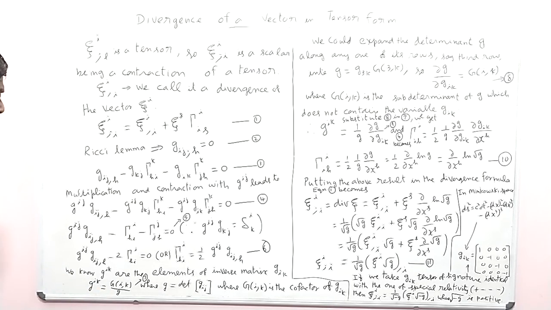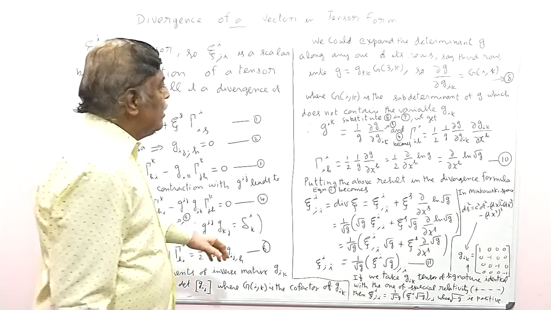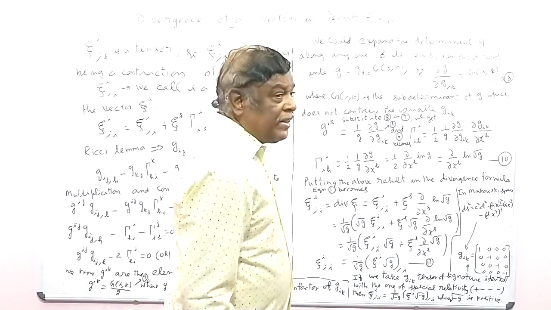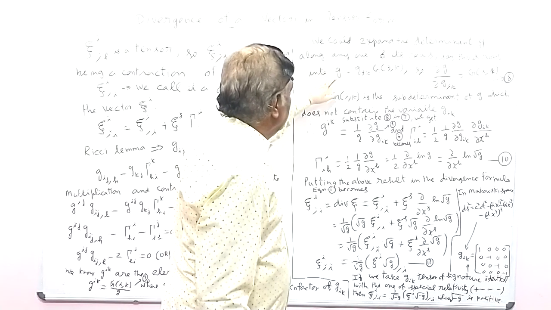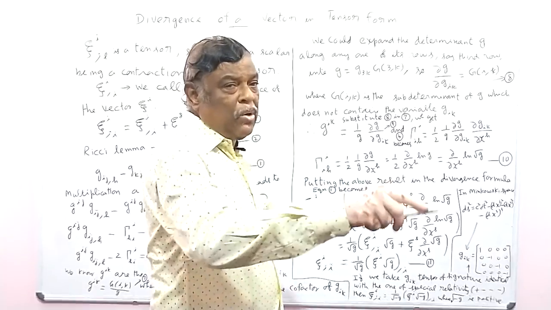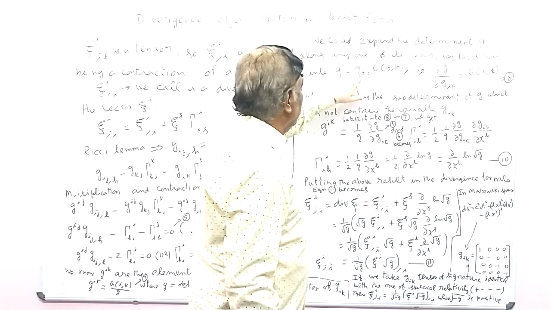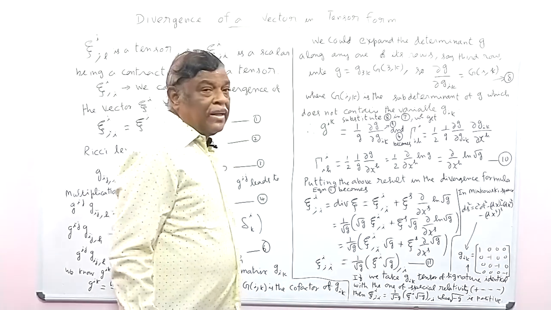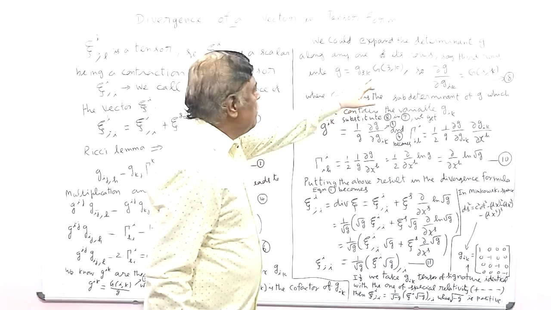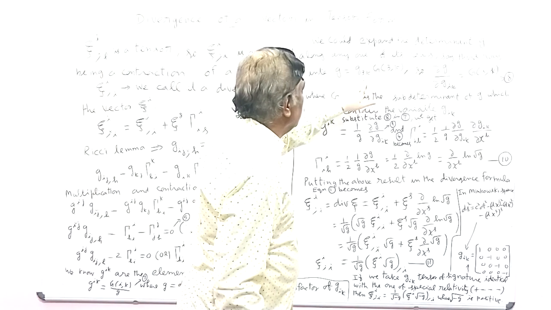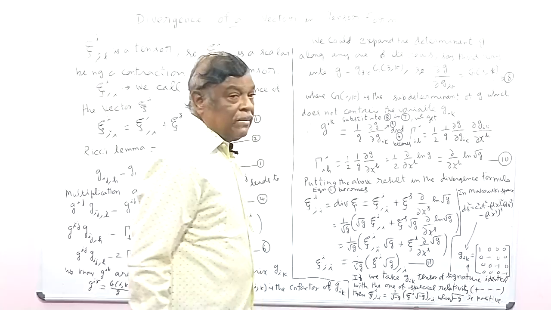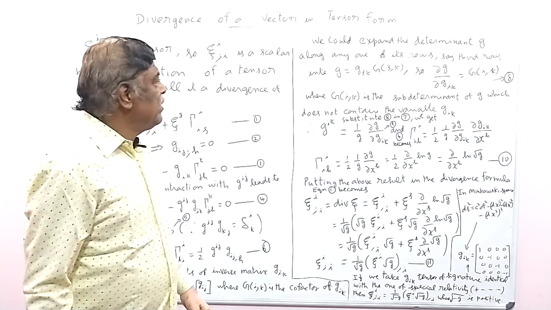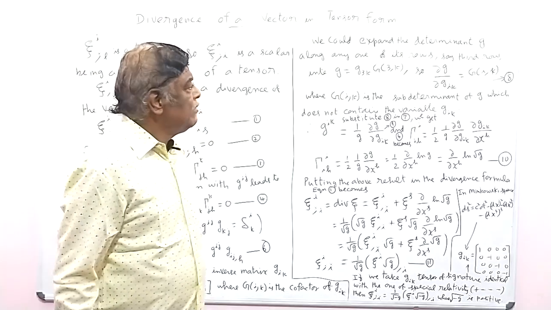So let us use the property of the matrix. Now, how will you find the determinant? The determinant can be determined by taking any one row. For example, if you consider the third row, g_3k is an element in the third row, multiplied by the cofactor of this element, G of 3 comma k. If you sum these products, you will get the determinant. So this is from the principle of determinant, and you can get this expression.